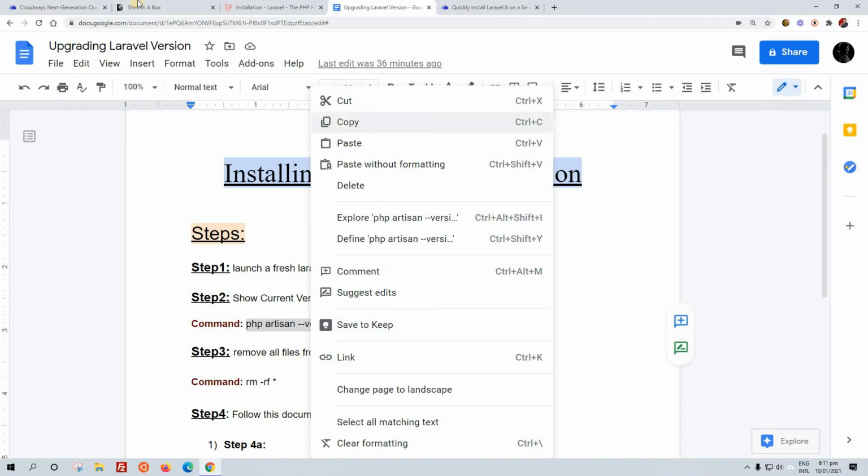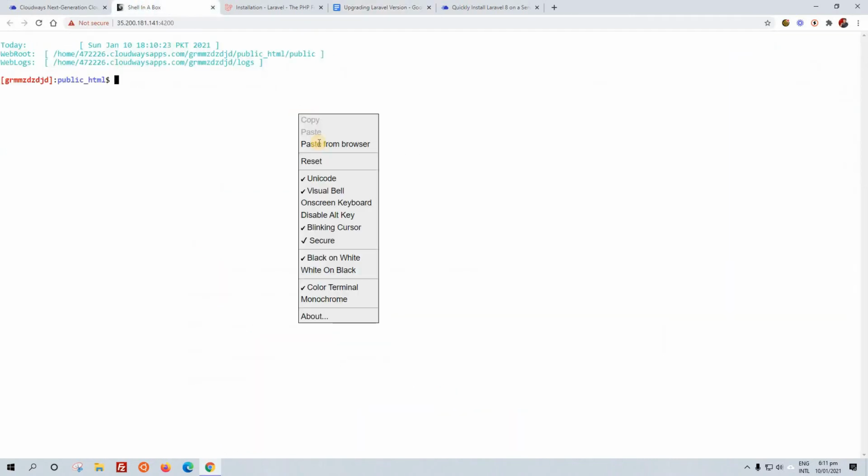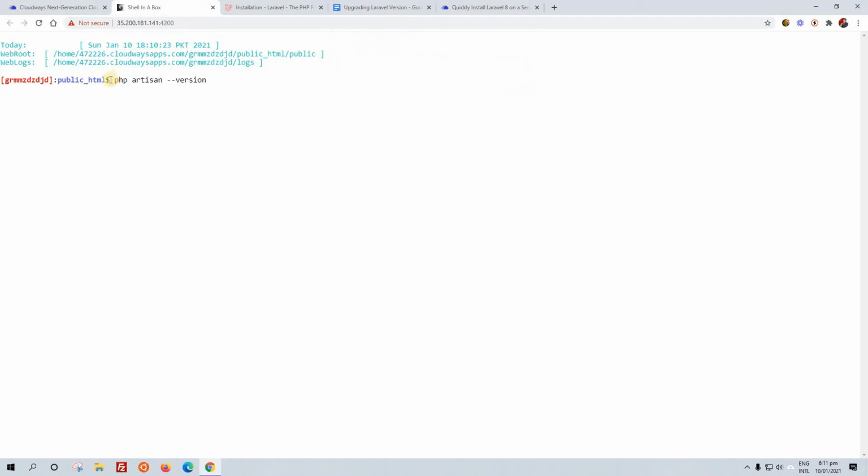You are going to copy this and just right click, paste from browser, control V, and the whole command is going to appear here, and then just click on enter. So the Laravel framework which is currently installed on Cloudways is 6.3, that we do not want. We are going to have an installation of the version 7 or so.